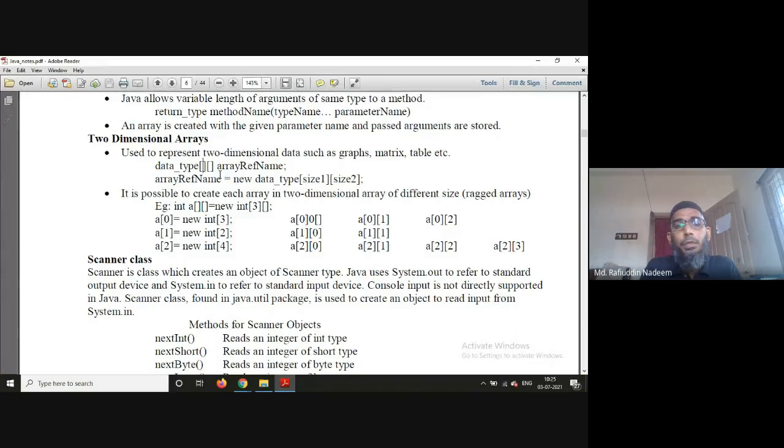A single bracket represents a single-dimensional array, and multiple brackets are used for multi-dimensional arrays. Then the array name is equal to new data type of size 1 comma size 2. If you give size 1 comma size 2, the array will be created and we can use that array.